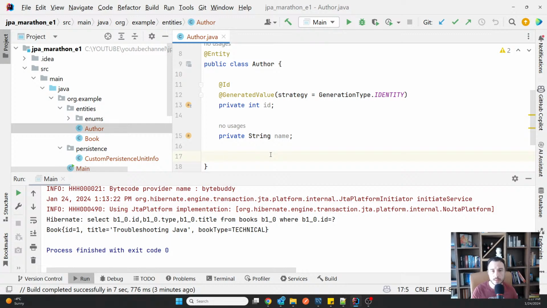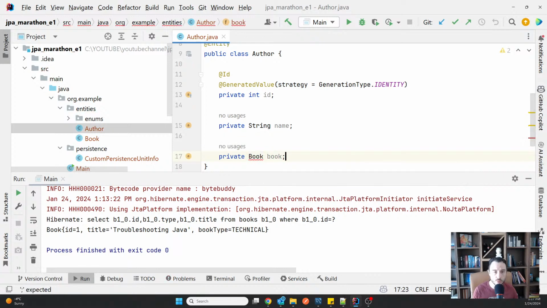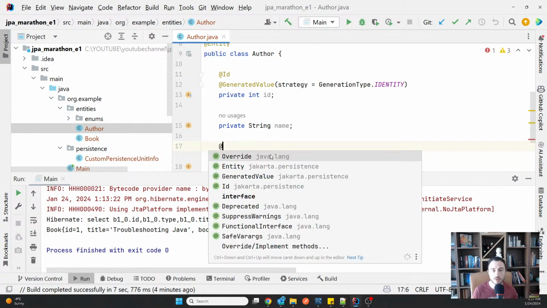I would say in this case that an author may only publish one book. So how can I represent a relationship between book and author if I assume that an author may only publish one book and the book may only be published by one author? If I do assume this cardinality, then this is called a one-to-one relationship. And the simplest way to do it is to go on either of the sides and say private book in this case, which is the book the author has published.